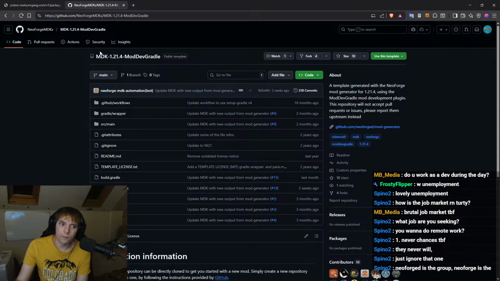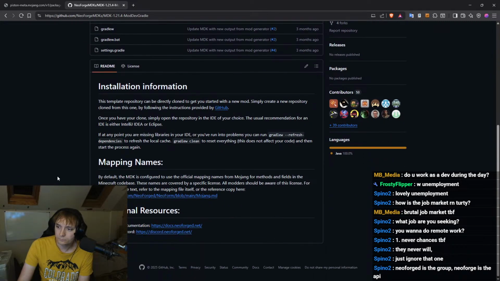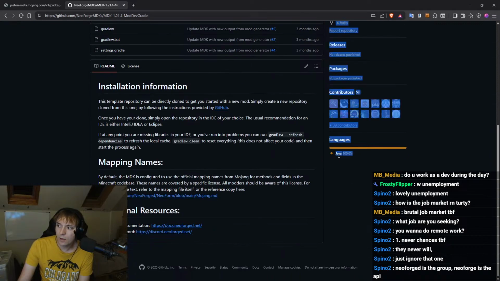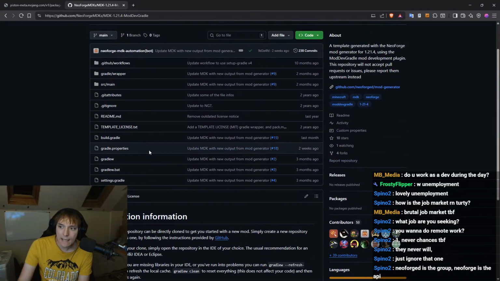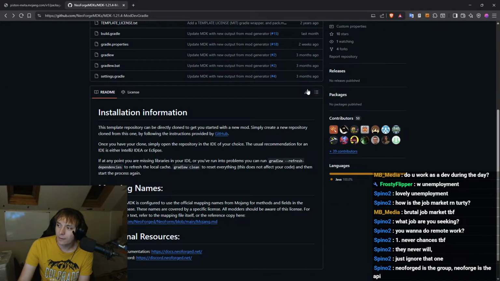I don't know how to feel about that. And it won't affect us, generally, because we're not going to do things like this. We're going to host our own MDKs, but... Interesting. How is it 100% Java? There's literally a Groovy file right here. Okay, GitHub.